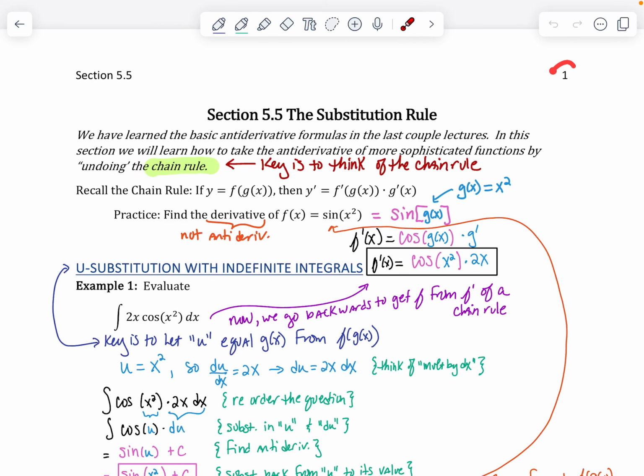Section 5.5, page 1, the substitution rule. So we've already learned the basic antiderivative formulas in the last couple of lectures, but now we're going to go ahead and take an antiderivative of a much more complicated or sophisticated problem, because essentially we're going to undo a chain rule. And if you really focus on this problem having a chain rule quality about it, it'll help you